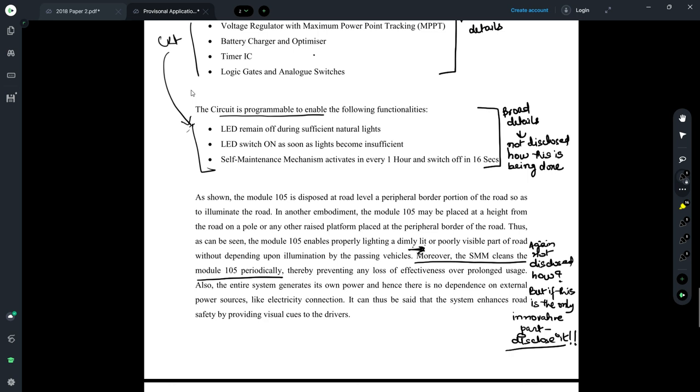But suppose now this is the only innovative aspect. Suppose a reflector was already known which had all these features, and SMM was the only innovative aspect. This is what you have developed newly. Then you have a duty to, in a way, disclose that in the provisional application, because that's what you are claiming protection for. So that decision you have to take in view of what is existing in the prior art, and if you have developed something, you should ideally disclose that in your provisional application.